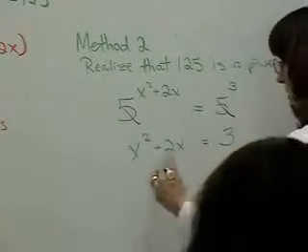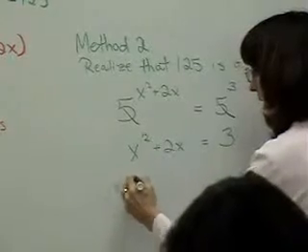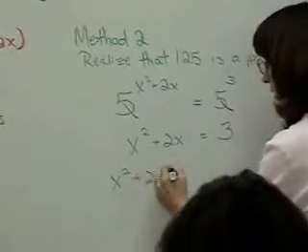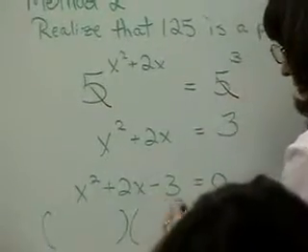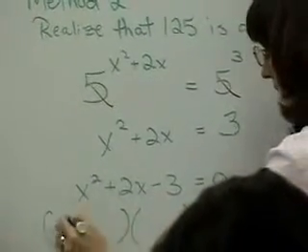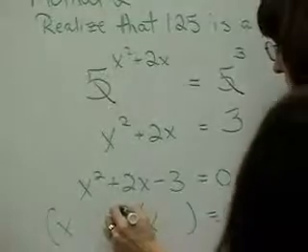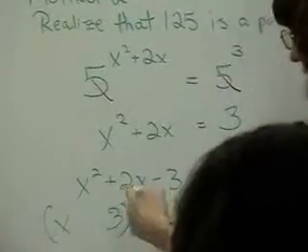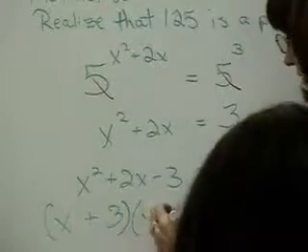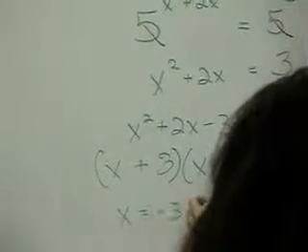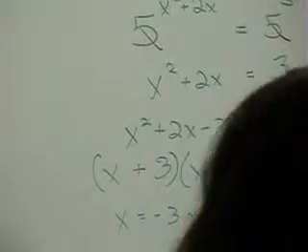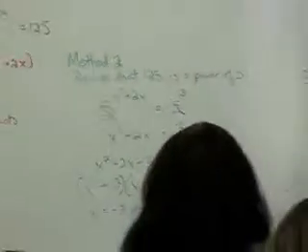All right, well, I want to solve this, so I'm going to make it into a quadratic, and I'm going to factor it. Factoring gives me that this is x, and this is x, and this has got to be 3, and that's got to be 1, and the big one's got to be plus, and that's going to be minus, and the answers are x is equal to -3, or x is equal to 1, which are the same answers that I had over there. So it doesn't matter how you